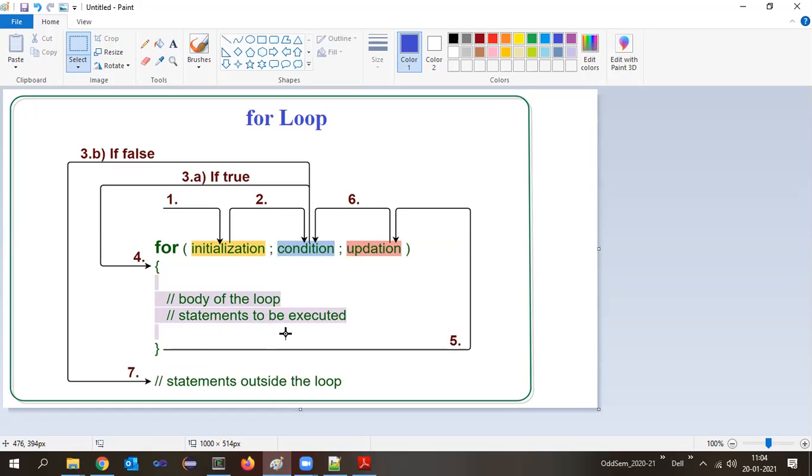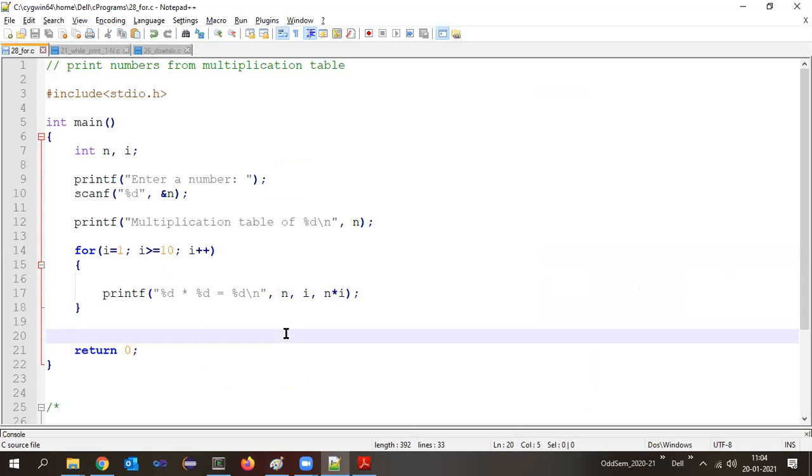Understood? Yes? Okay. Now write down this program. Print the multiplication table of a given number using for loop. The students who are attending online can write